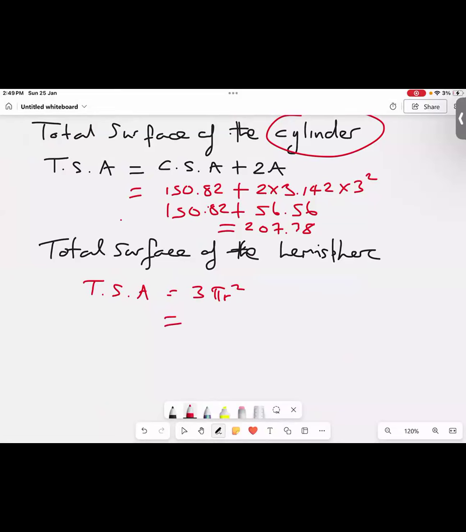So that's 3 times pi r squared. Pi is 3.142 times the radius again is 3 squared. So go ahead and process that for me. 3 times 3.142 times 3 times 3. That will be 84.83. All right? Centimeter squared. So go ahead and add these two numbers together now. Those two will give you the total surface area of the whole paperweight.